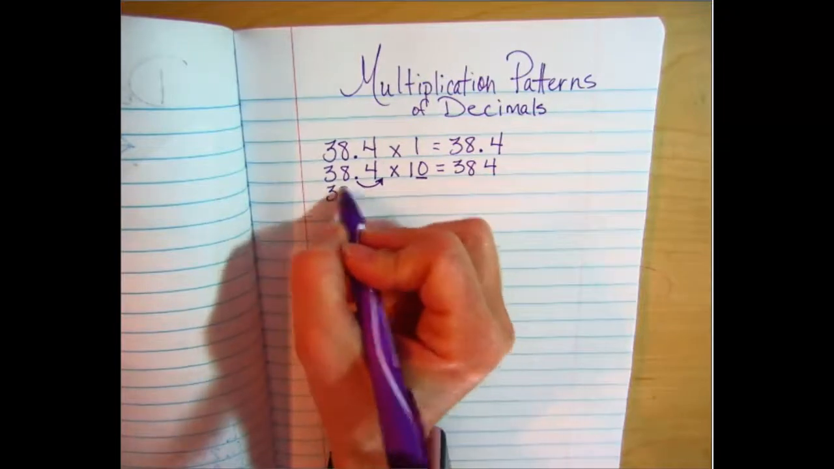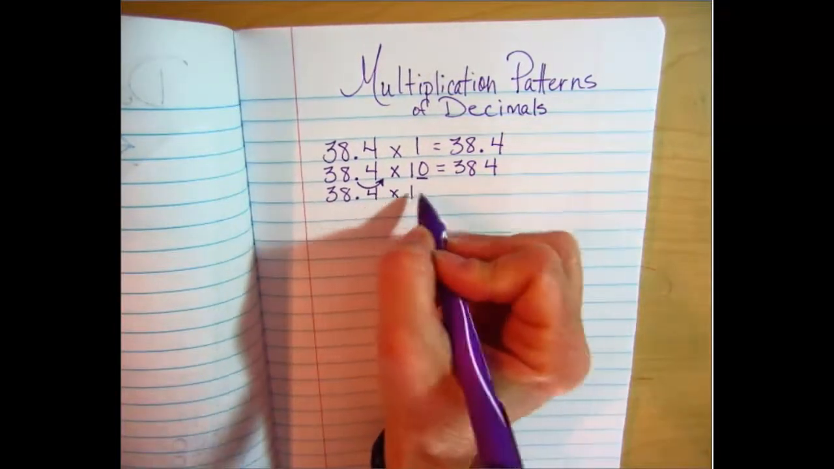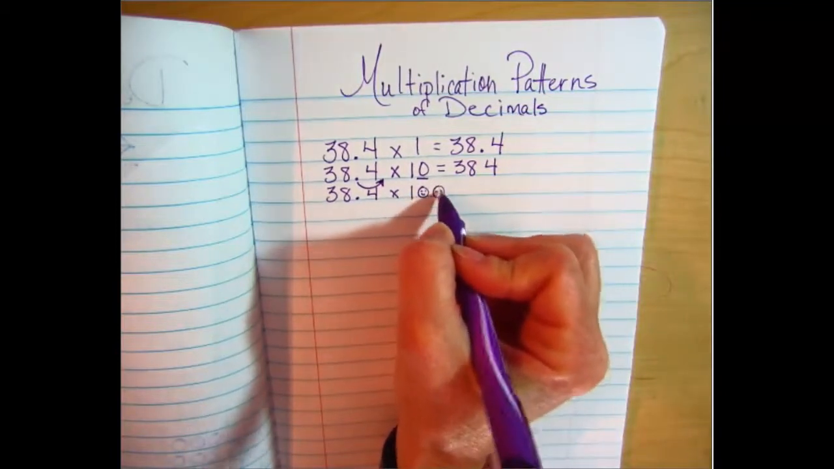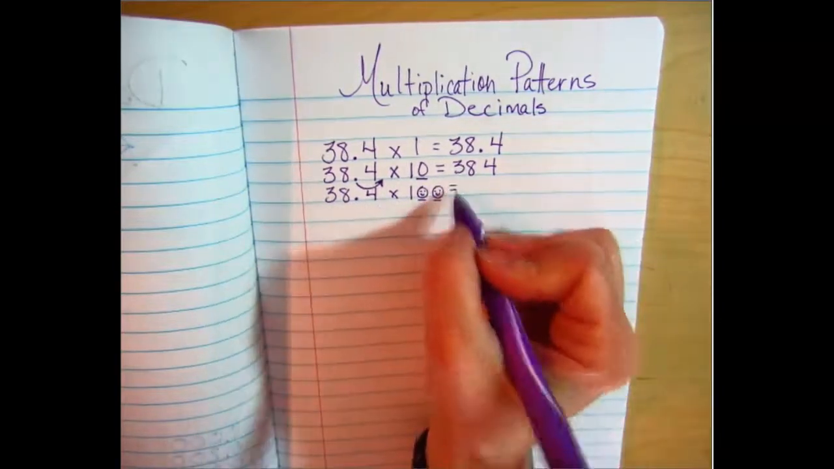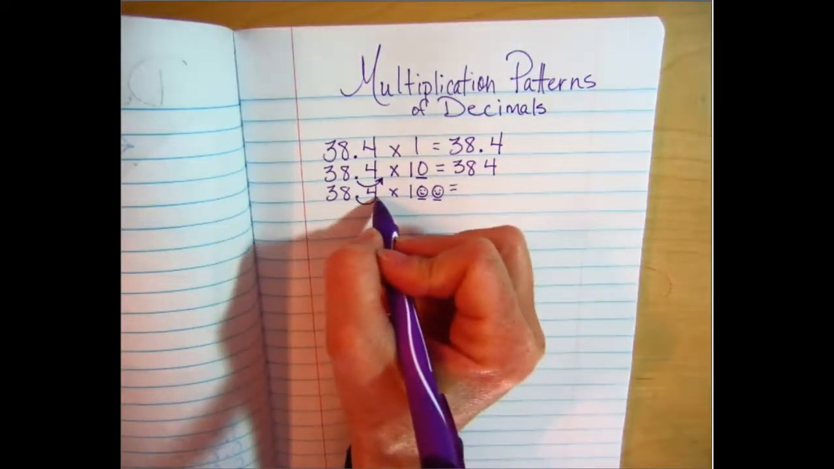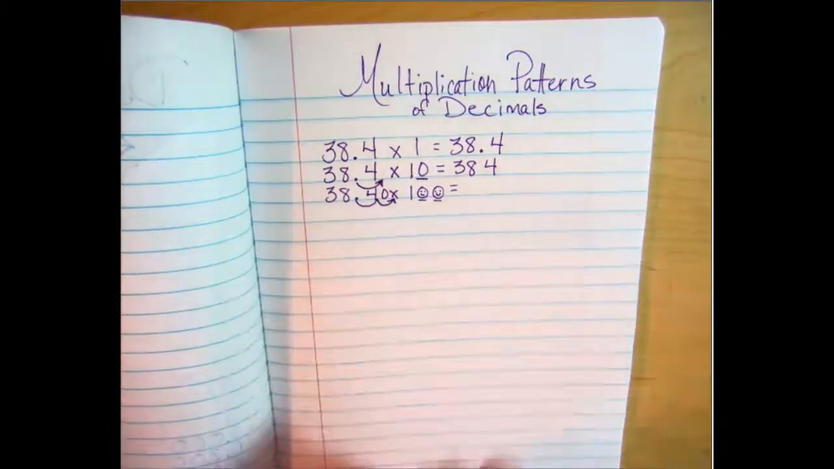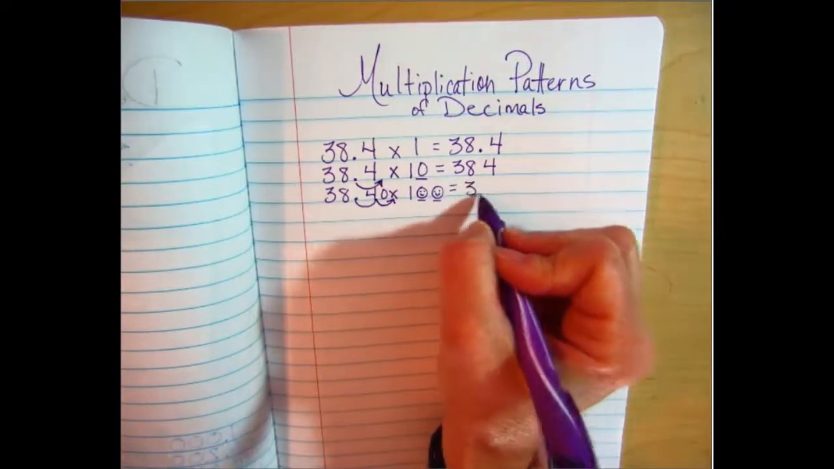If I multiply the same number times 100, guess what my zeros tell me to do? Move 2 times. So when I move this 2 times, I'm going to have a space. What do I do in my empty spot? Colin? Put a 0. So now I have